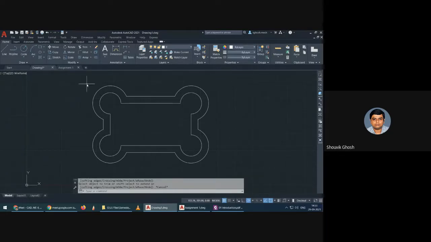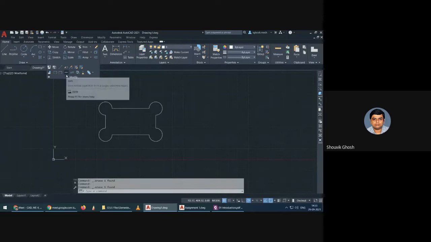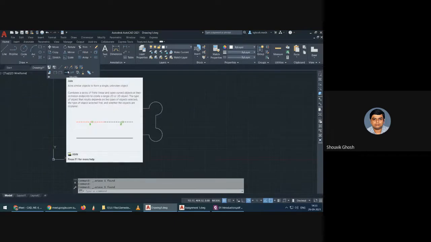Again, while using offset for this kind of design, we can use another command which is just the opposite of explode, that is join. You will find it over here, this join, two arrows combining with each other.